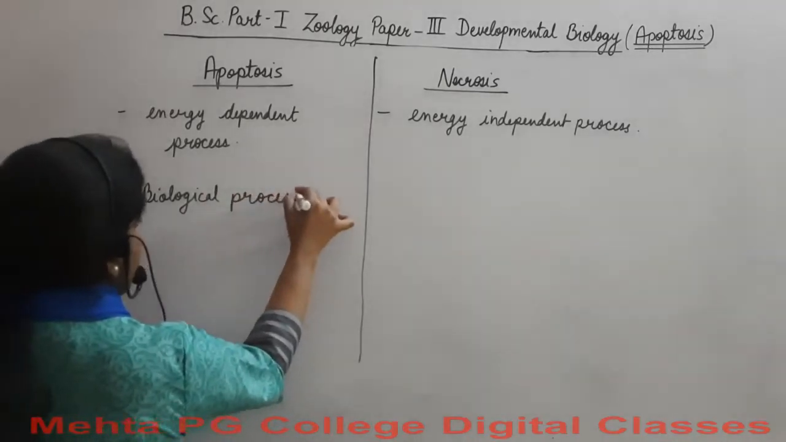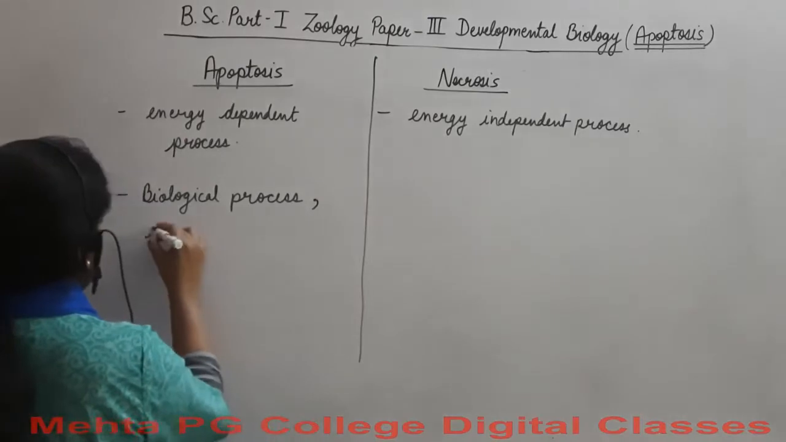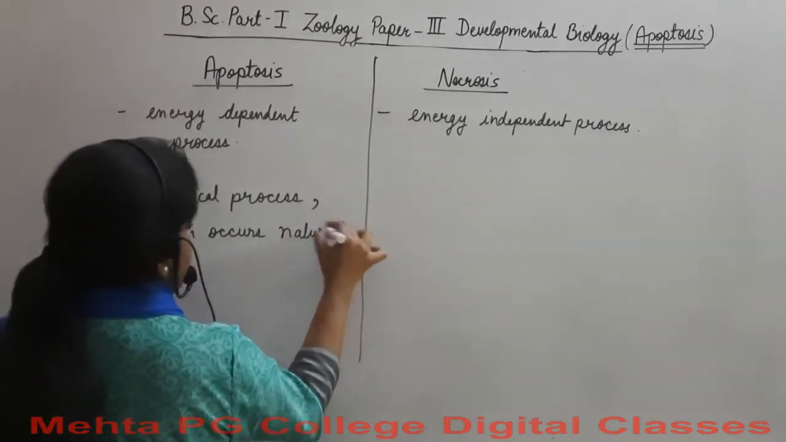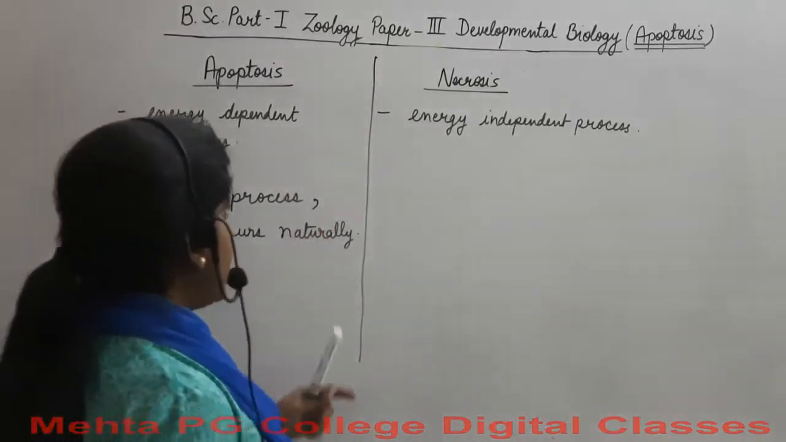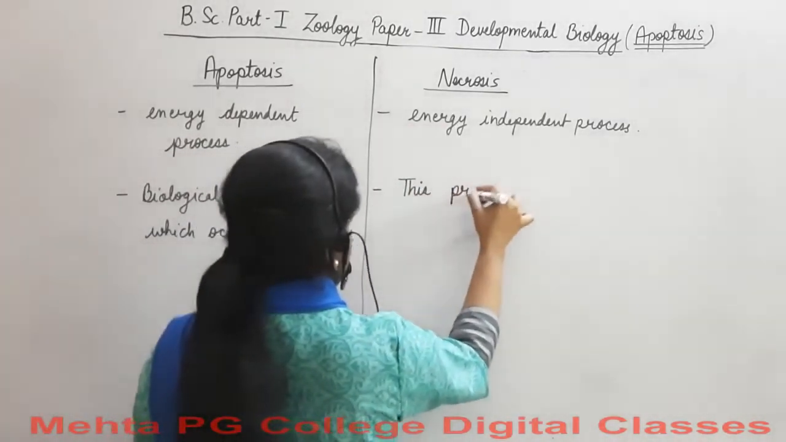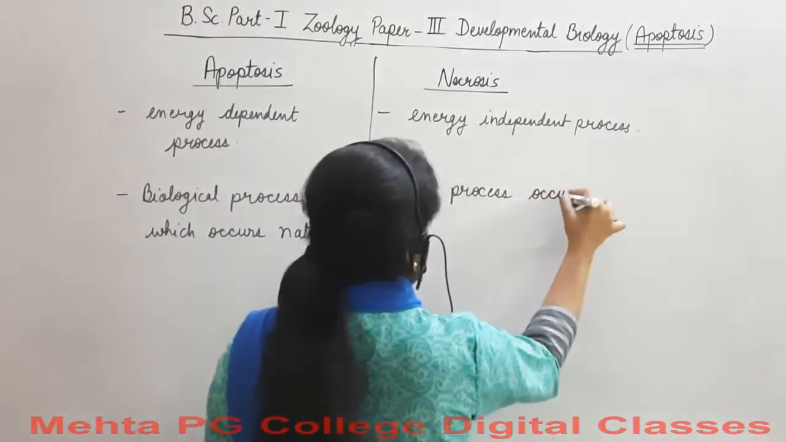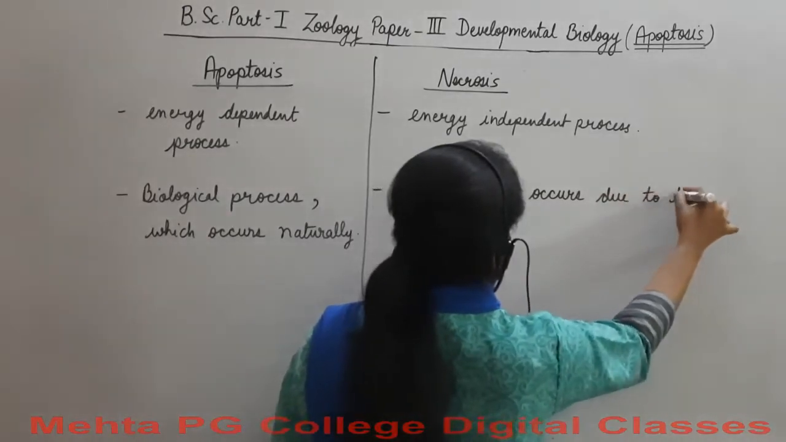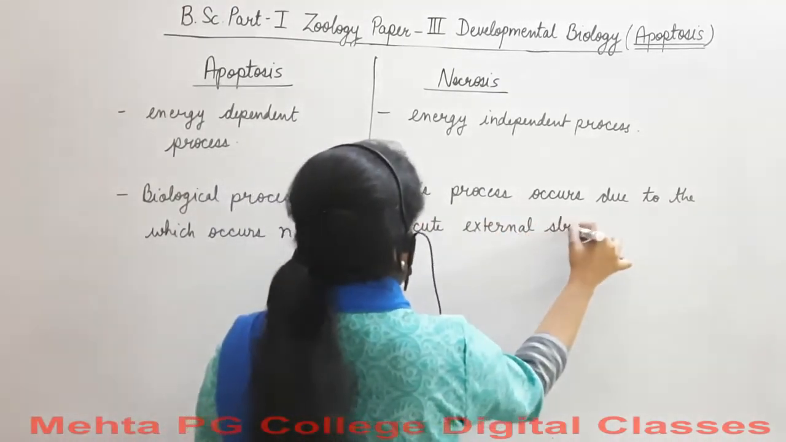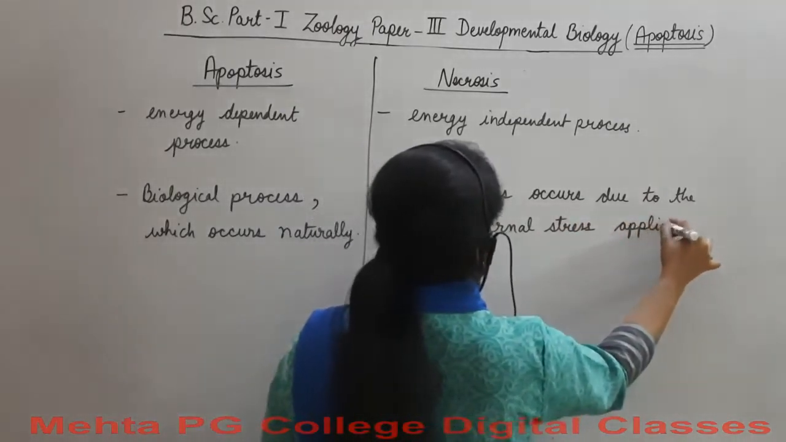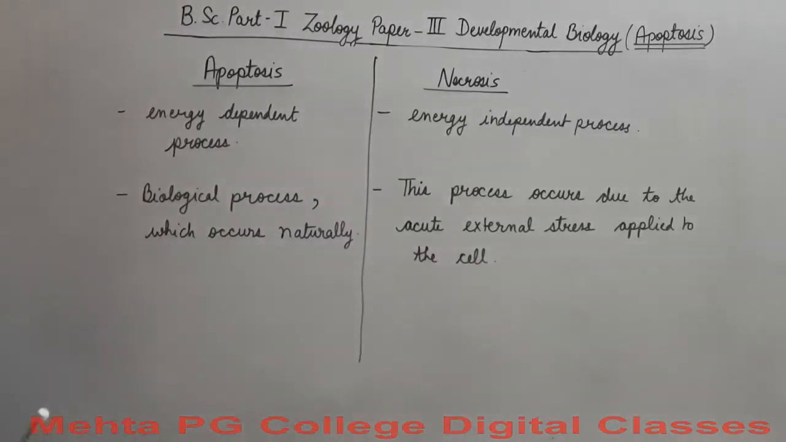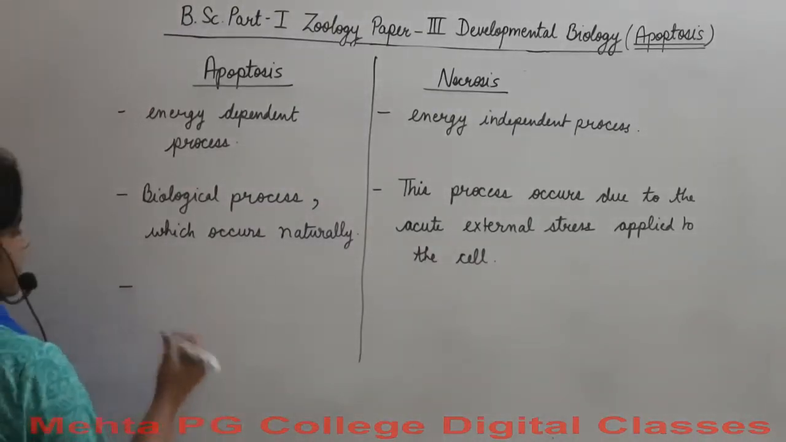Right? It is a kind of biological process which occurs naturally, right? And when we talk about necrosis, we say this process occurs due to the acute external stress applied to the cell. Right? So, thirdly we talk about apoptosis is that it